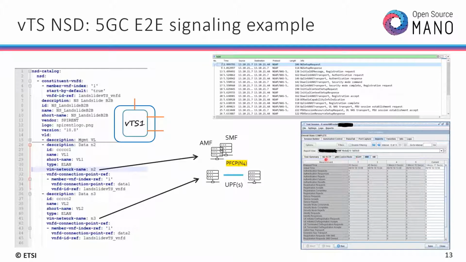The ones that you see here are counters for the N2 interface, for the SCTP layer. You go higher in the stack, and you also can have some counters for the NGAP, the MM, and the SM layer. As we didn't effectively generate any user plane traffic, we don't have counters here for the user plane part. But those are available if you had configured it